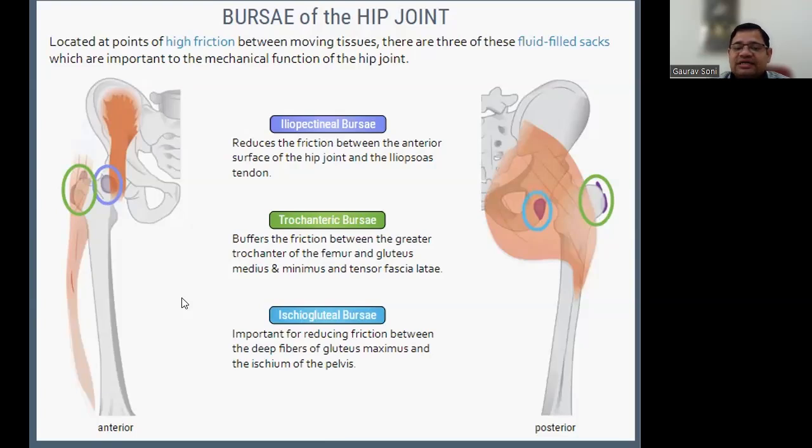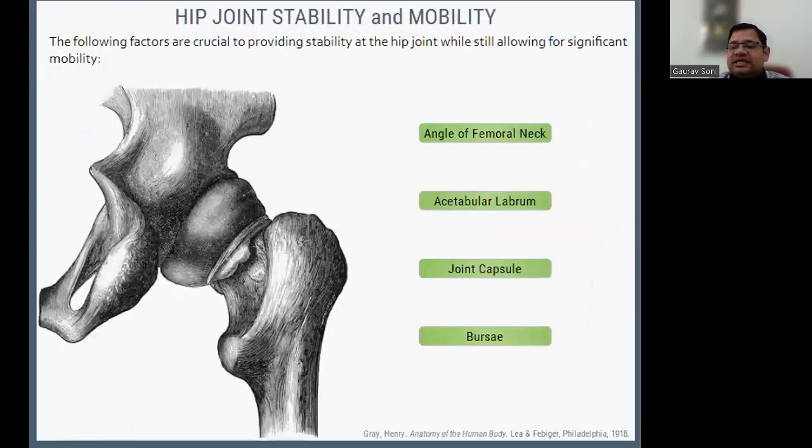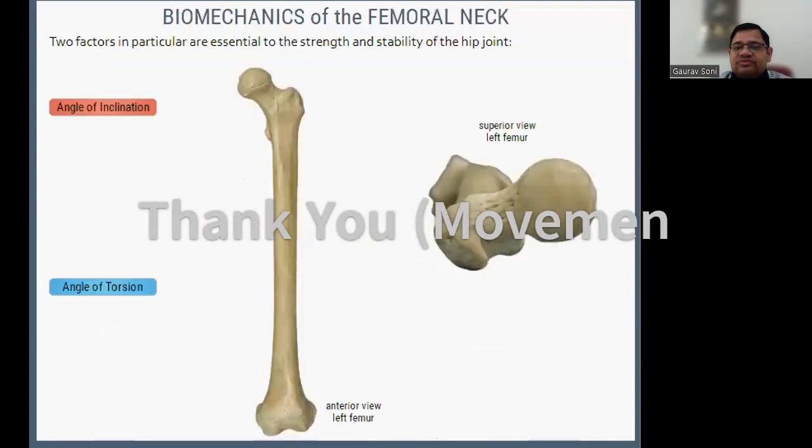So these are some factors which help in stability. Again, we can recall that first was the angle of the femoral neck. There were two angles, the angle of inclination and the dorsal angle. Then there was the acetabular labrum. Then the joint capsule having three ligaments, and then three bursae which help it out. So next we have to move to the